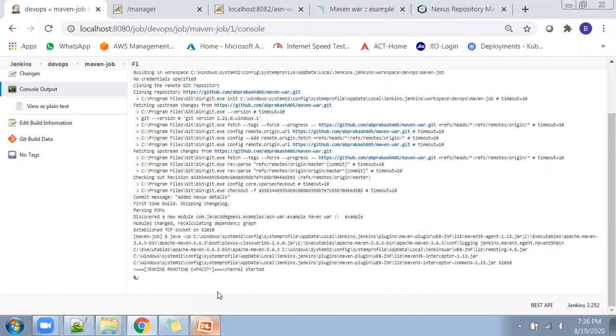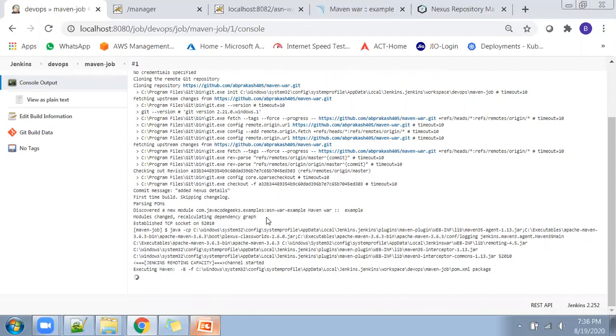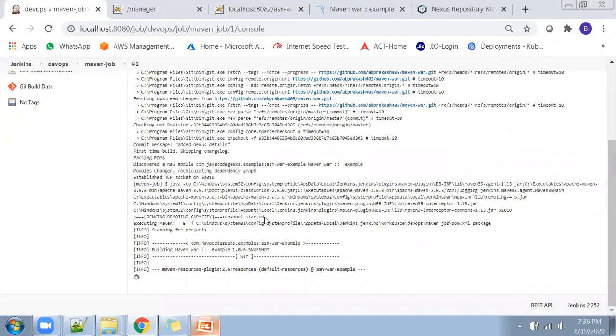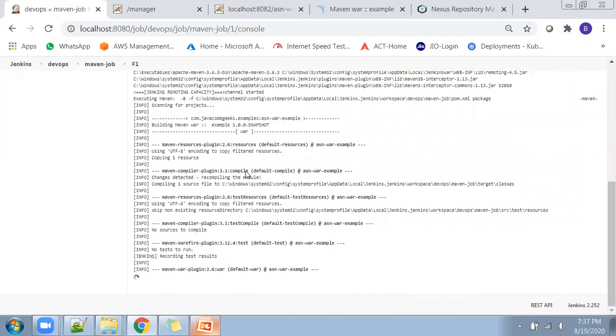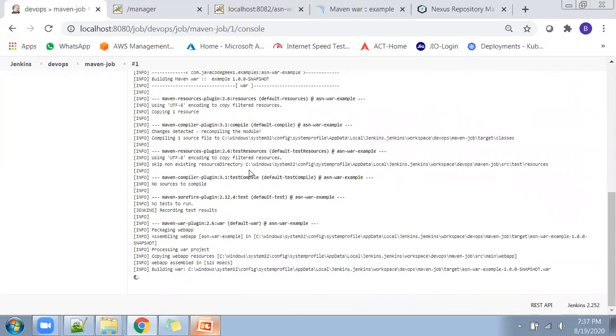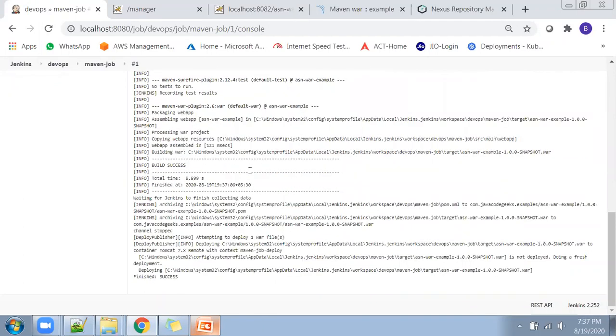So what we are doing, the same DevOps lifecycle code, build, deploy we are implementing using a Maven type of project in Jenkins. So Jenkins provides different types of jobs, not only freestyle, not only Maven, and some other jobs also it will provide. Whatever job type you select in Jenkins, the main thing is to implement code, build, deploy.